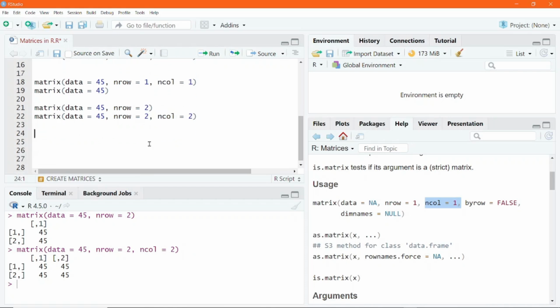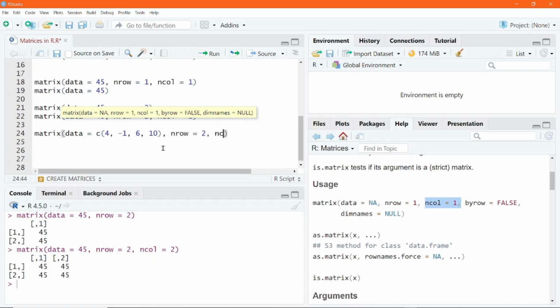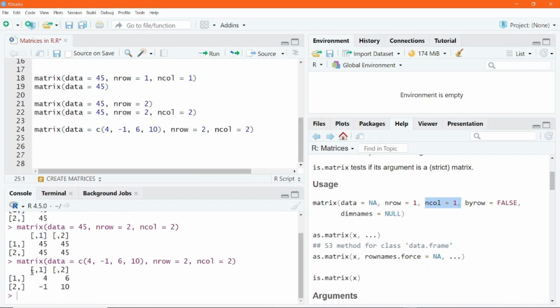Now let's create another 2 by 2 matrix, but this time we will have to supply our own set of numbers to populate it. In this case, the data should be set to a vector where we provide the 4 numbers that are needed to create a 2 by 2 matrix. So let me just type some numbers: 4, -1, 6, 10, and then we set nrow equals 2, ncol equals 2. If we go ahead and execute this, we now have our 2 by 2 matrix created,